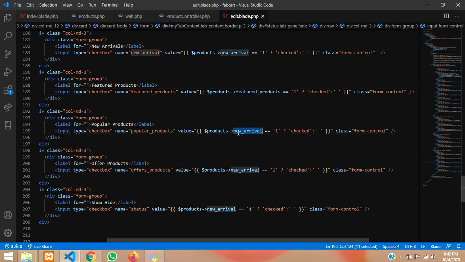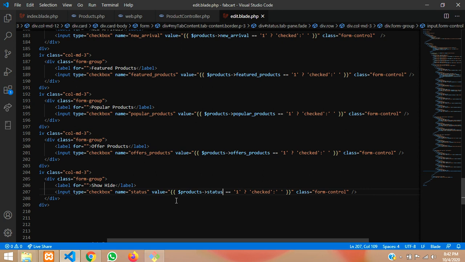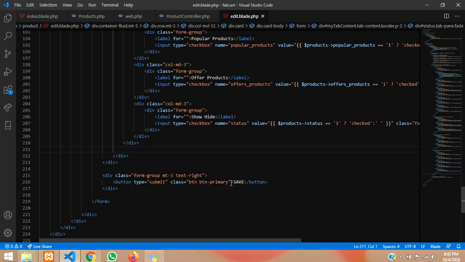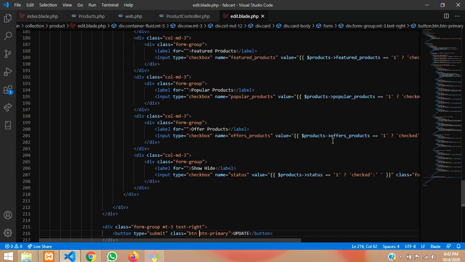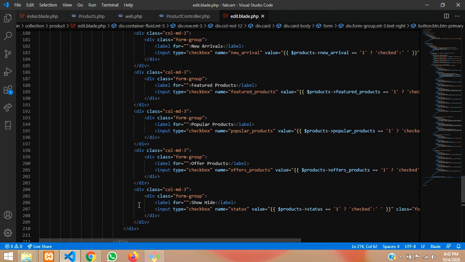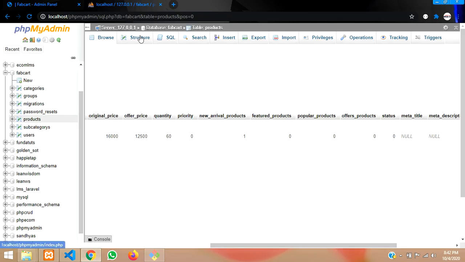This belongs to populars, offer products, and this is status. Copy and paste the status, that's it. And then the save button, instead of save we have to change it to update. That's it.